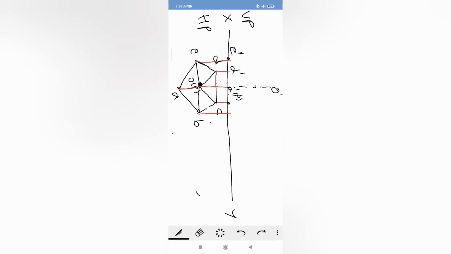And this point will be C dash, and this point will be B dash. Now join all these points with thick lines. Here D and C cannot be seen from the front view. Therefore, I will represent these 2 points in brackets. As these points D and C cannot be seen, the lateral edges formed by these points can also not be seen. Therefore, that should be represented with dotted lines.